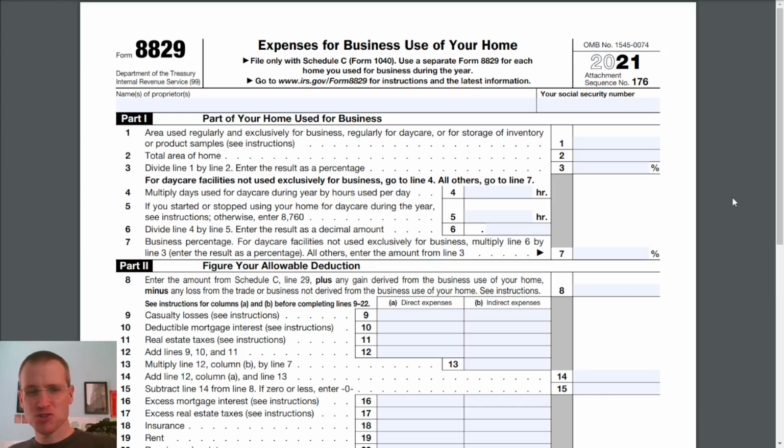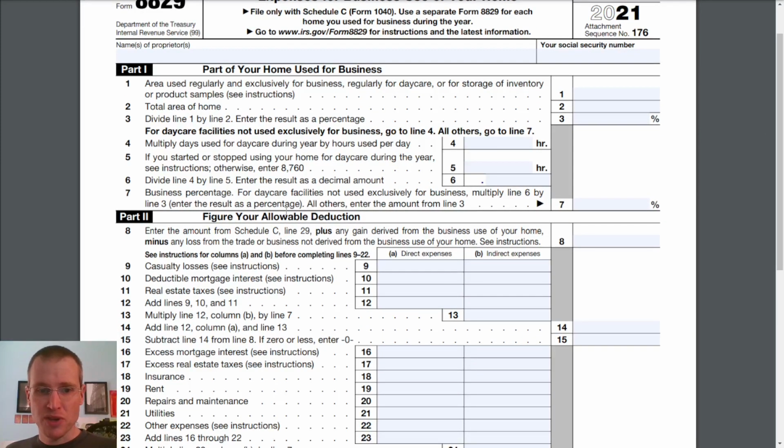So there's a lot of interesting stuff on this form about operating daycares. I guess daycares are very popular home businesses. It seems kind of antiquated, but okay. And so they'll ask for the square footage of your home, how much of it is regularly and exclusively used